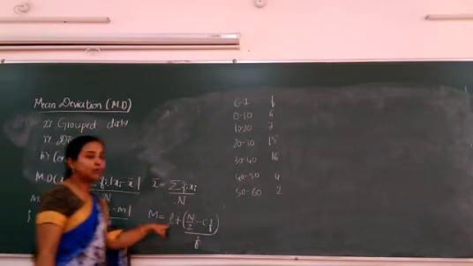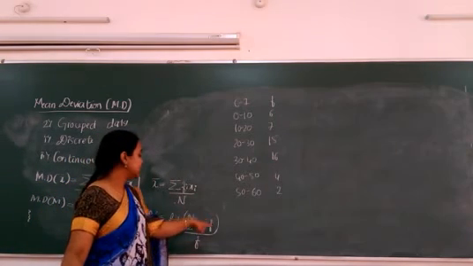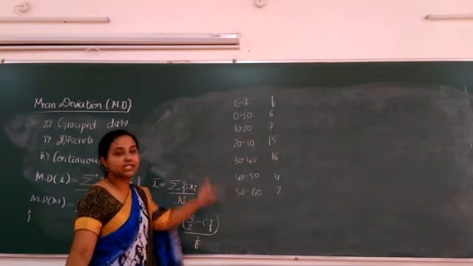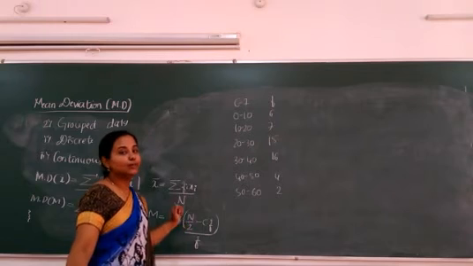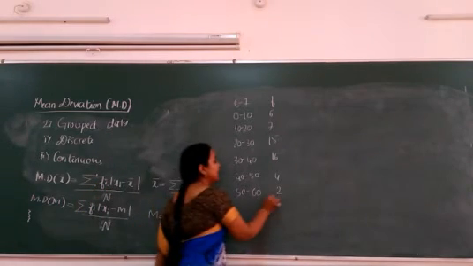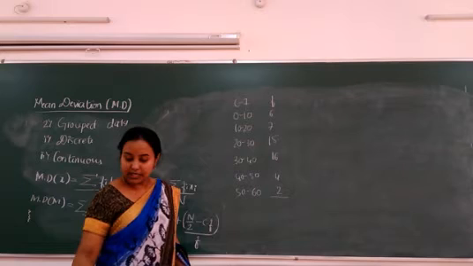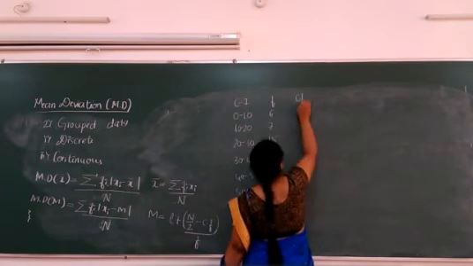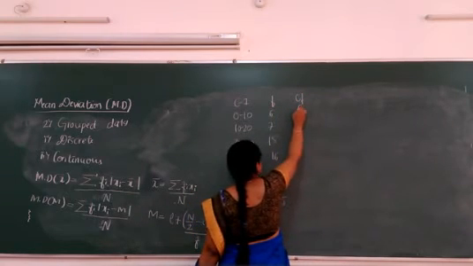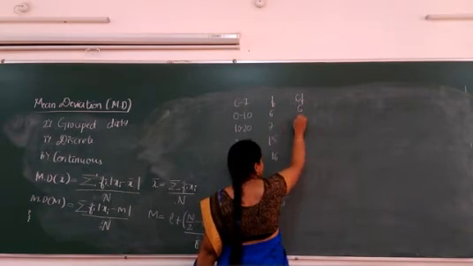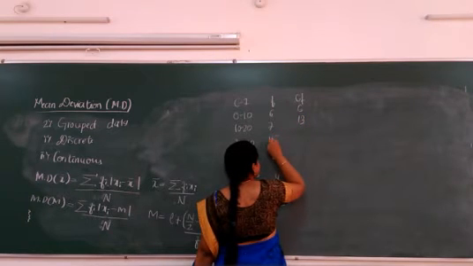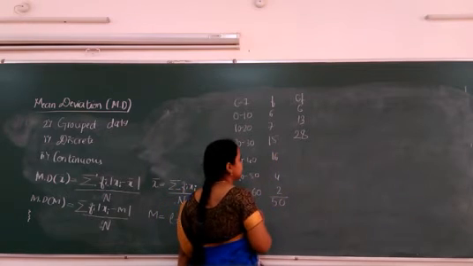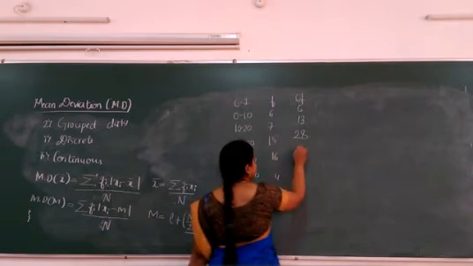But what is our median formula? L plus n by 2 minus cf divided by f, into h. You can see here cumulative frequency is there. So the next step is to calculate cumulative frequency itself. First, what will be the total frequency here? The total frequency will be 50. So cumulative frequency: 6 as it is. 6 plus 7, it will be 13. 13 plus 15, it will be 28. 28 plus 16, it will be 52.